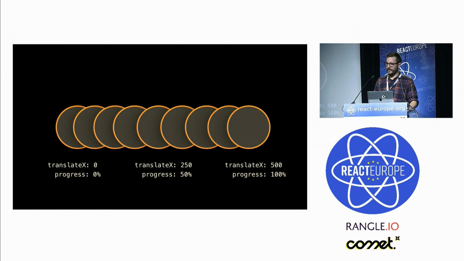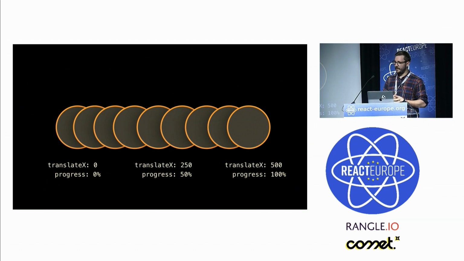If we think of progress from 0% to 100% complete, so this is a discrete animation where we start at one point, we end at some other point, and there is a mapping of progress percentage to translation X. Here we start at 0, we end at 500, and you're able to calculate what the value would be at any point in time just from knowing the initial value and the end value, and if you assume that this value changes linearly, as displayed here with the circles, we can quite easily calculate that halfway through, it's going to be 250